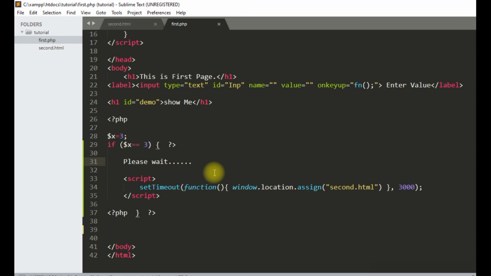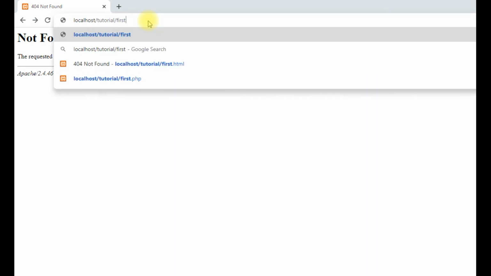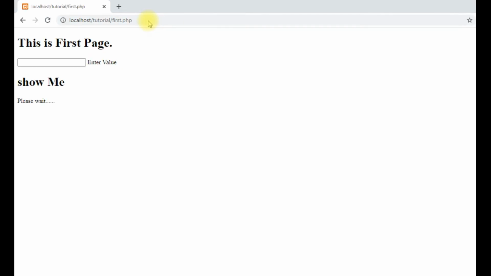So you can identify the difference. I have to write PHP first dot PHP. So you see this, and automatically after some time page is reloaded. So in this way you can use this set timeout function and reload your page after some time delay.